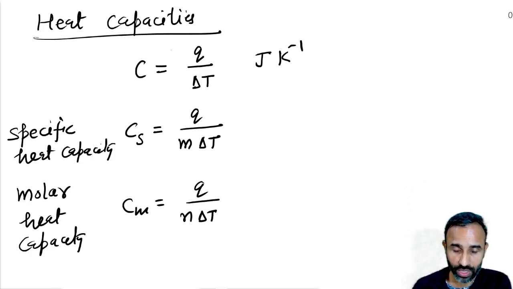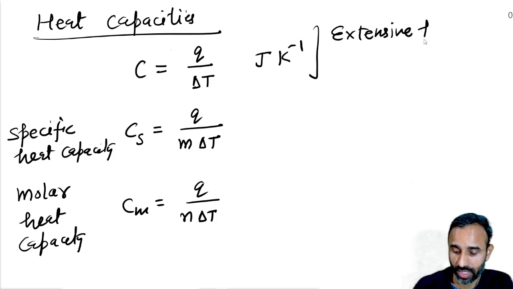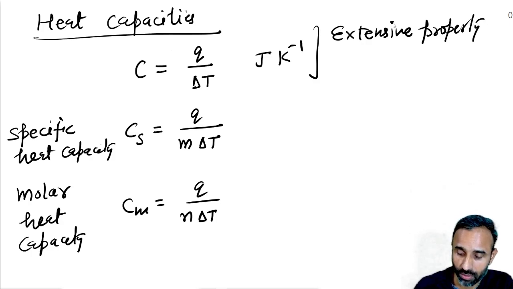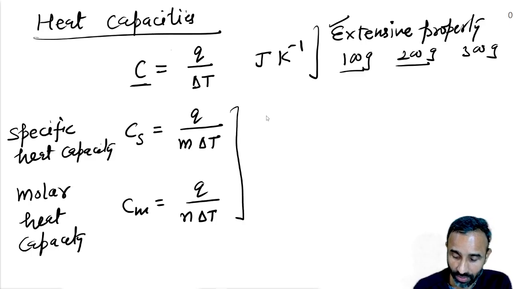So out of these three, the first one is an extensive property. The extensive property is the one which depends upon the amount of the substance. So if we heat 100 gram, 200 gram, 300 gram, because mass is not mentioned, if we increase the mass, heat capacity increases. That means it is an extensive property, and these two are intensive, because